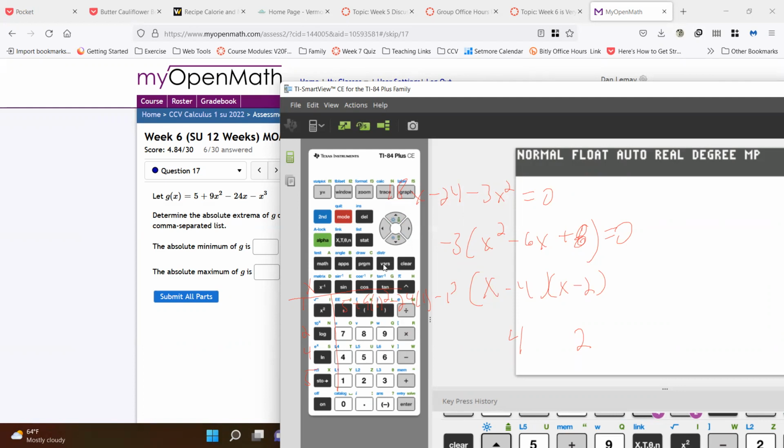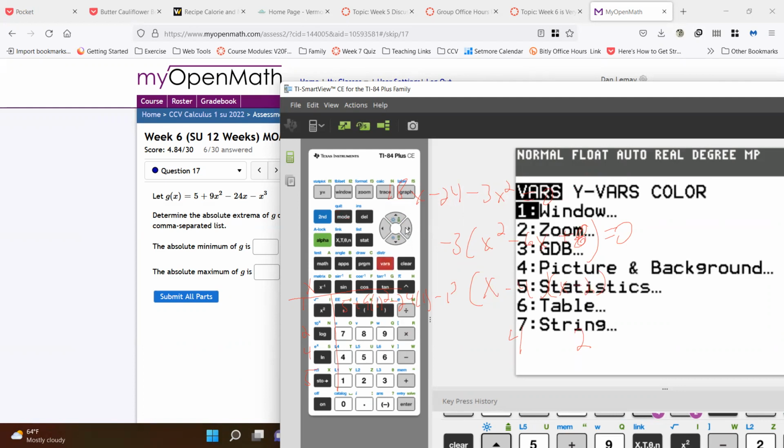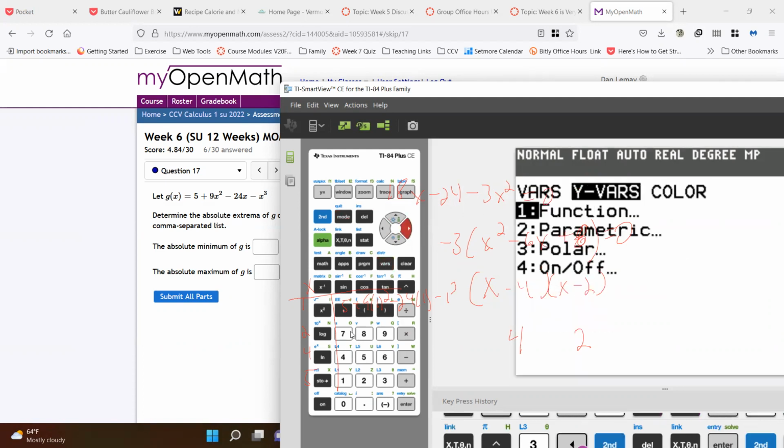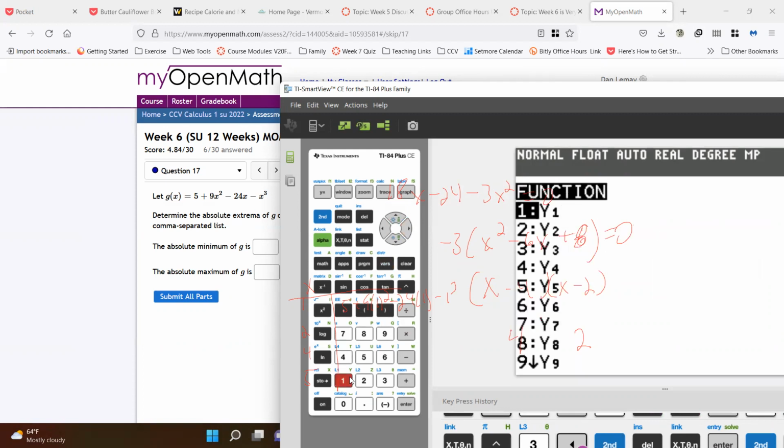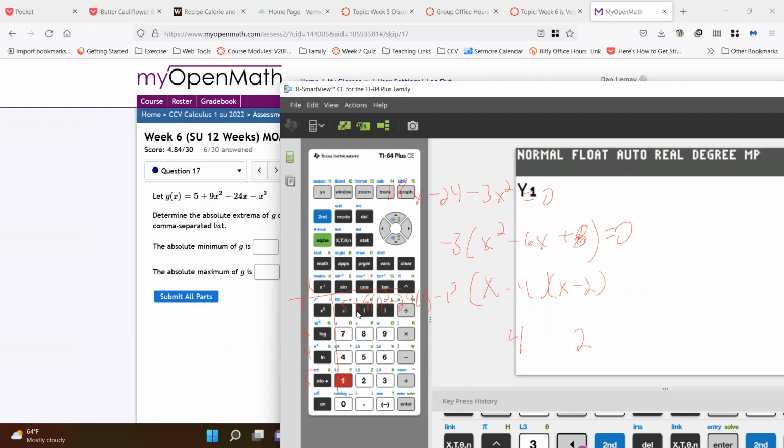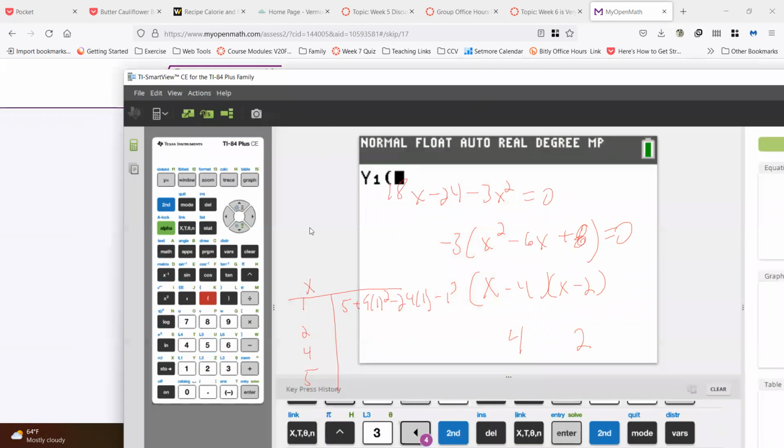I'm going to use vars, y vars 1, and then I put that function in y1. And then you just use function notation. I want to test this at 1. Here, let me move this over to see my red writing. Now I'm going to test that at 1. So I'm going to do y1 of 1,